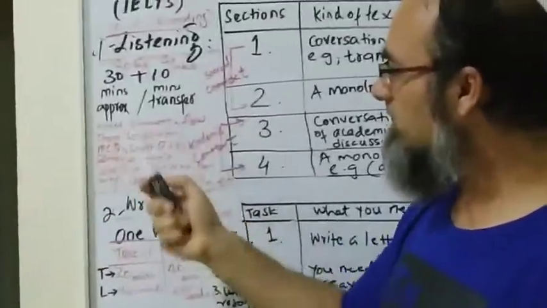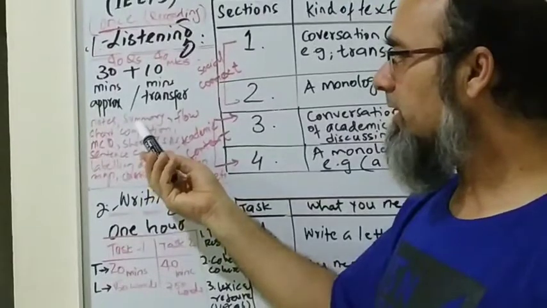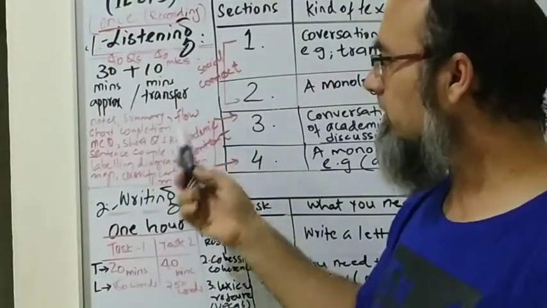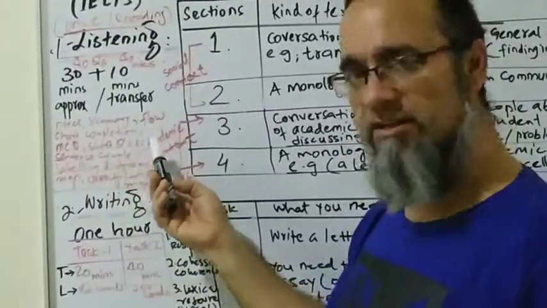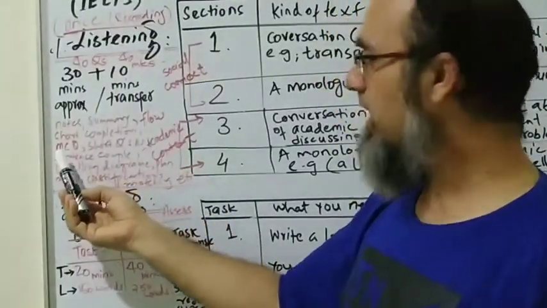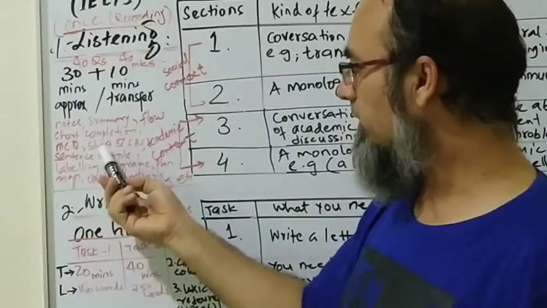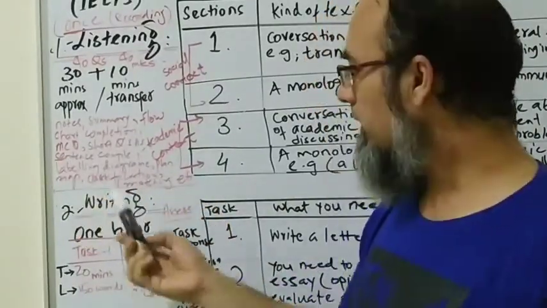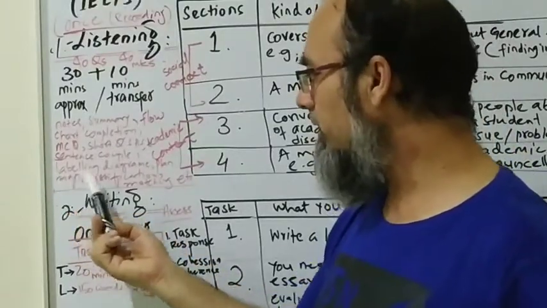So this is one of the tasks. There might be some summary type of questions as well, and there might be some questions about flowchart and completion of sentences, and then you have some MCQ type of questions, and then short questions or answers, etc., or sentence completion, as I said, and then you have labeling, diagram.